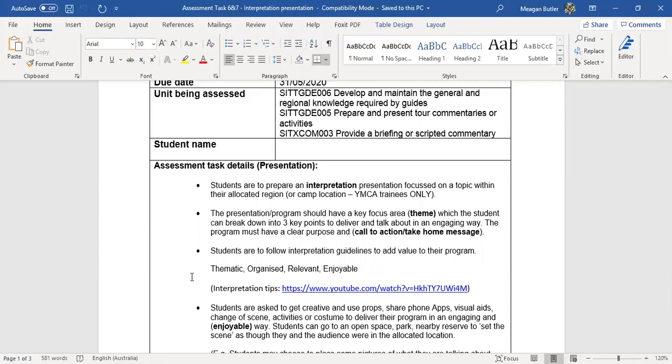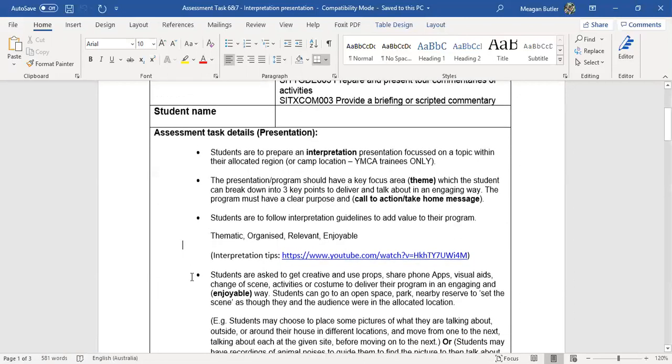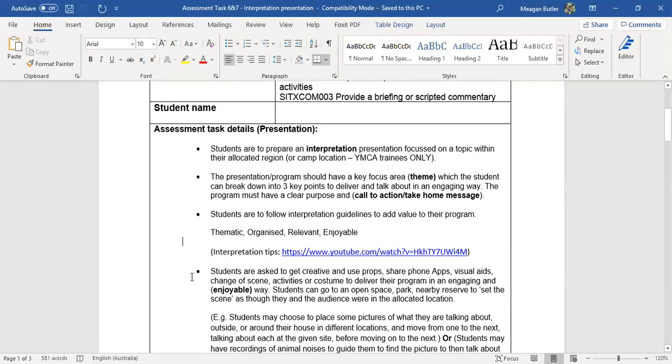So there's less emphasis on slides. In fact, I prefer that you don't use slides for this, or if you do use slides, it's only using them at the relevant times during your presentation, and it's more about your presenting style. So I'll scroll down and go through what we're looking for in a moment.